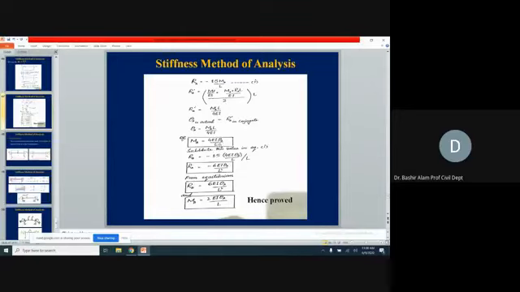So this is how we get this famous relation: MA is related to theta A. At the near end, the moment produced is equal to 4EI theta A divided by L, in the same direction as theta A. Now if we substitute this value in equation 1